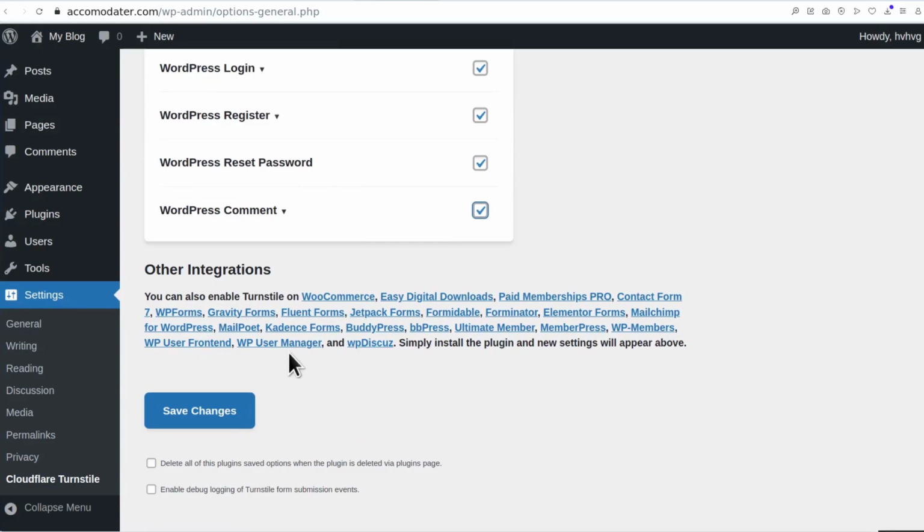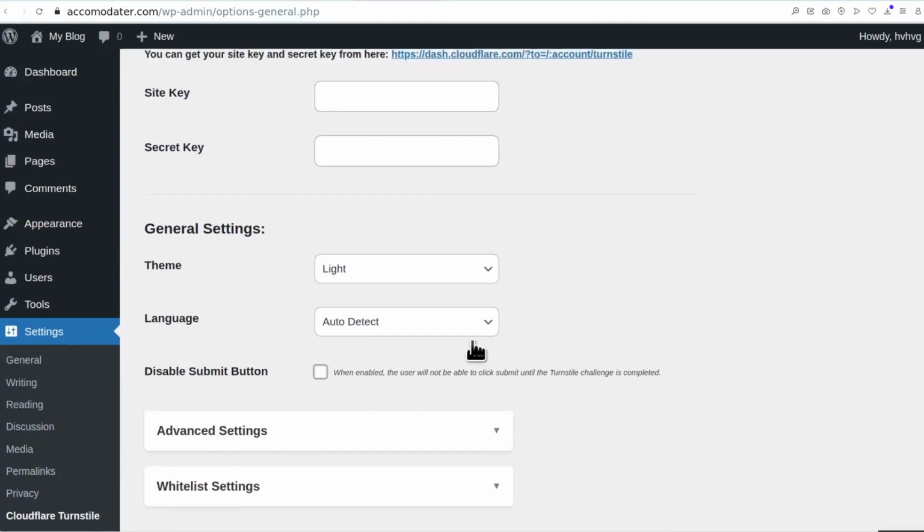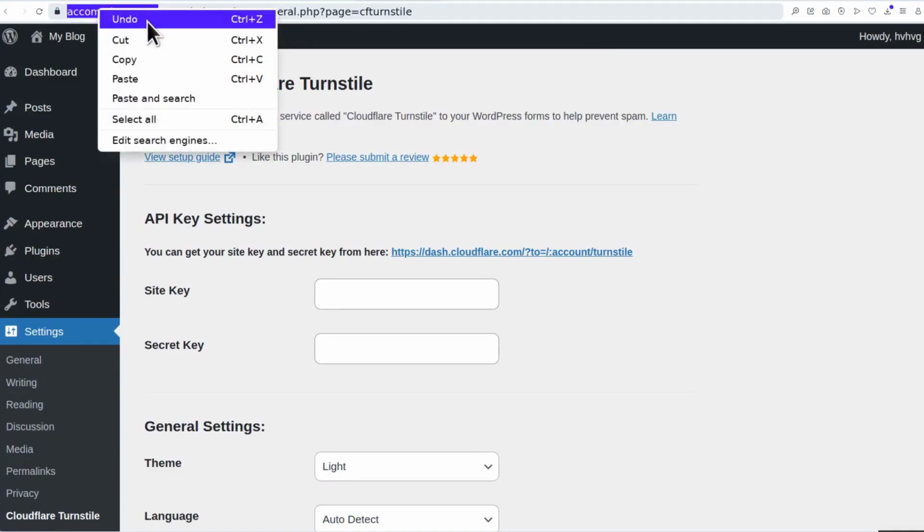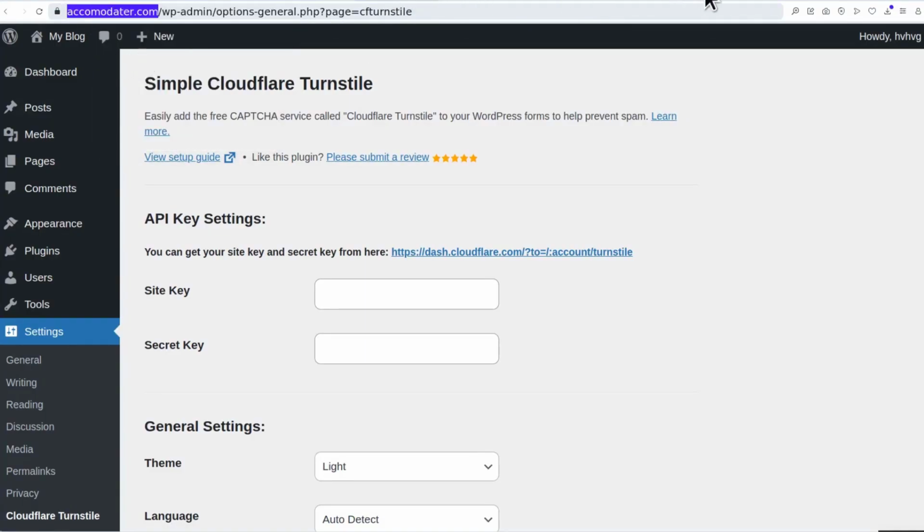Other integrations. There are other things that, if you install them, will be added here. For example, contact forms will be added here. Some of them will be added here. All right, so let's see where we can get the site key for this. For that, I'm going to copy this and then come back to